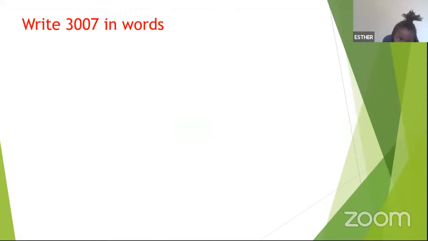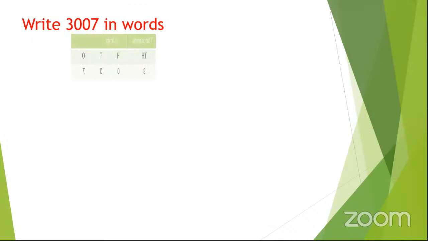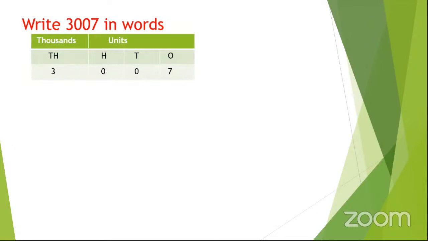So let us see another example here. If we have to write 3007 in words, you come and draw the place value table. So you group them. You count the first 3 digits from your right, the first group will be units. You count if there are other digits, so from units you go to thousands. And I hope for our level, we are going to look at only thousands and the group. And we shall add on as we move on.